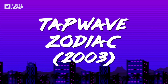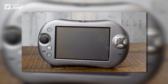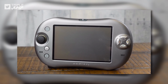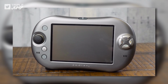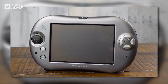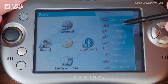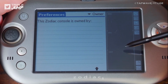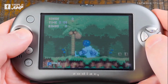Number 38. Tapwave Zodiac, 2003. Fittingly sharing its name with a notorious serial killer, the Tapwave Zodiac seems to have been released only so people could eventually include it on lists of the worst consoles ever made. It made next to no impression in the marketplace, sold fewer than 200,000 units, and caused a global sigh of relief when it was discontinued about a year and a half later, because humanity was no longer in any danger